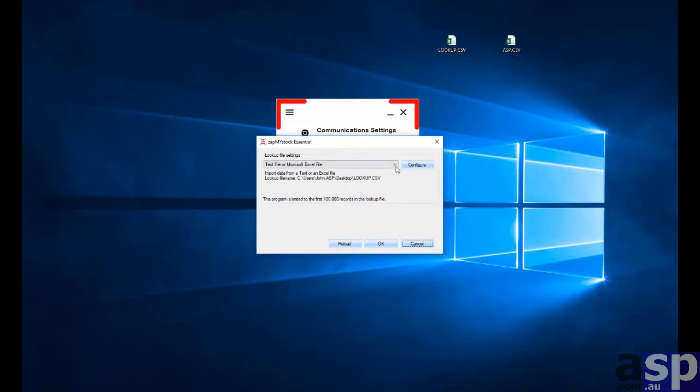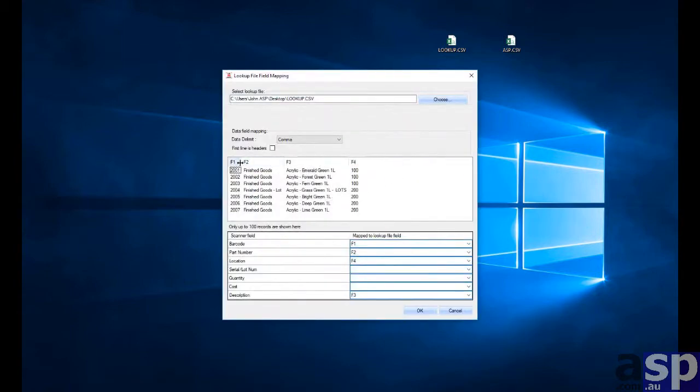If we click on configuration or configure, we can have a look at the configuration options. We see that the file is comprised basically of a number of fields. If you're looking at this as a CSV file, these would be divided by a comma in the file itself. Otherwise, if you're opening it up in Excel, as we will, these are in different columns. And you can choose for each of the recognized fields for the scanner which column or which field they would effectively sit in. So we see here that we have 4 fields selected, identifying each of the items,